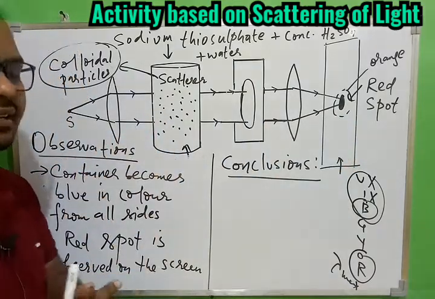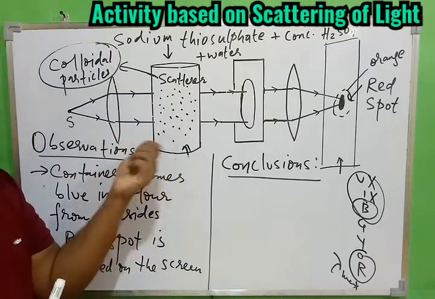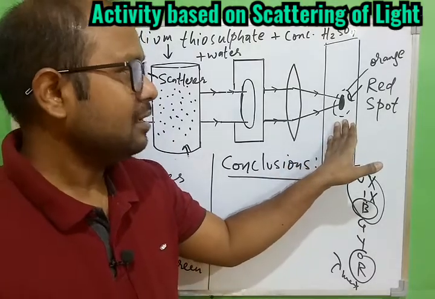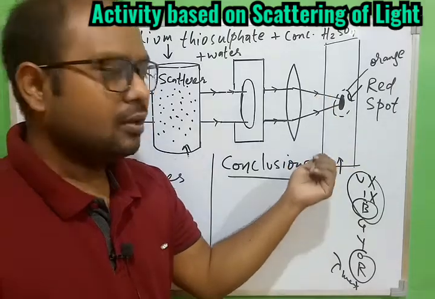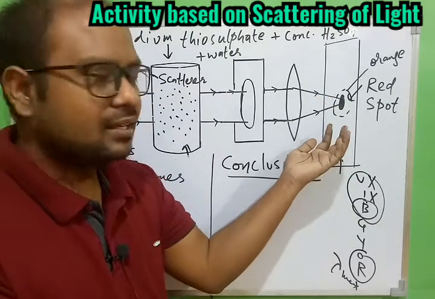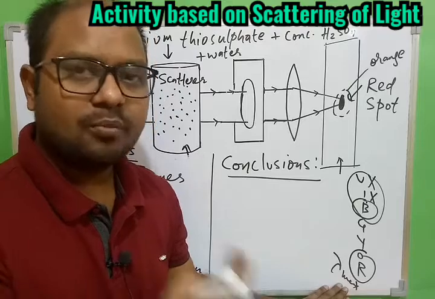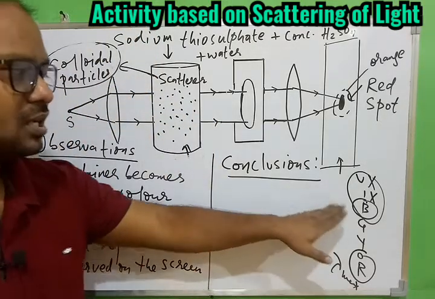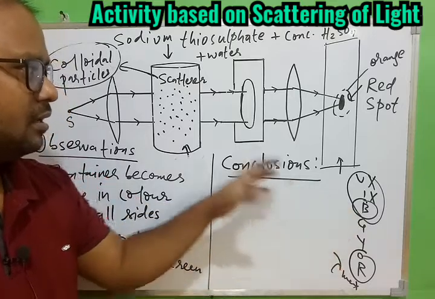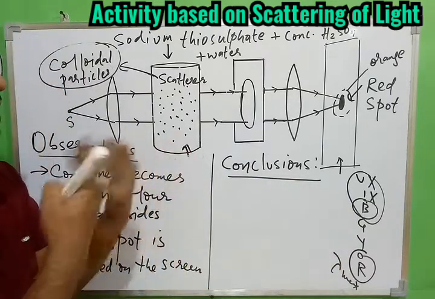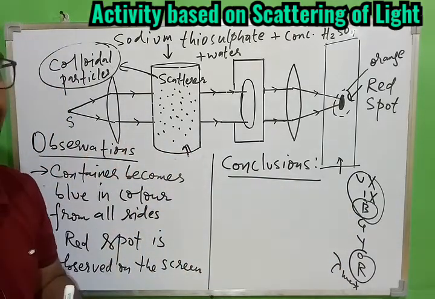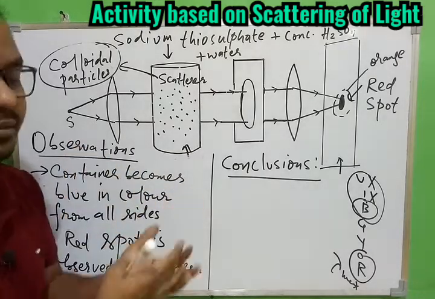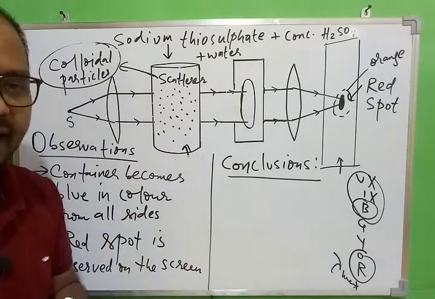So with the help of this simple setup, we are getting both answers: why the sky appears blue in color, and why we are able to see red or orange color of the sun, because from the sun we are able to get the unscattered light, which is mostly red or orange color, of maximum wavelength. We are able to see the blue color of sky because these colors have less wavelength and are scattered maximum, and hence that is reflected back to you and you are able to see the same color. So this is a very simple setup and activity to understand the entire concept of scattering.